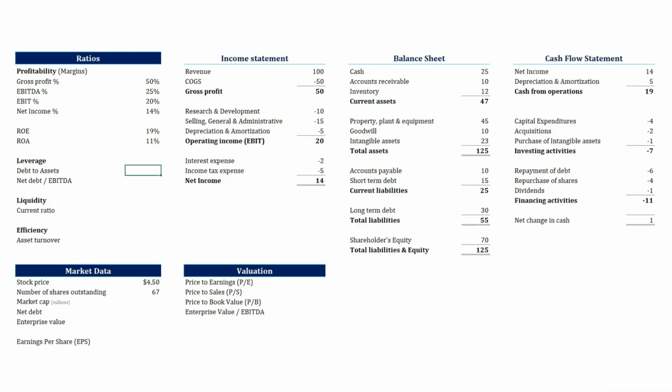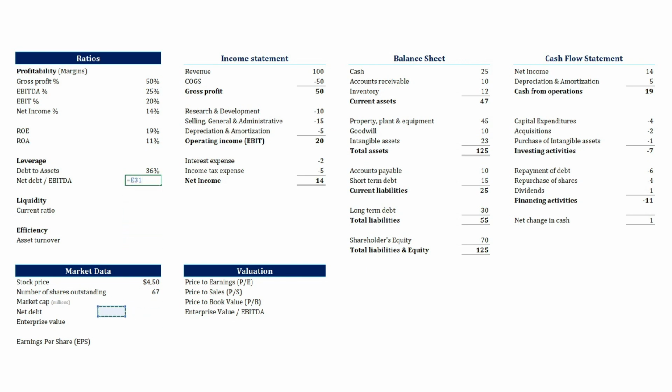To calculate the debt to assets ratio, we have to sum short and long-term debt. So we open bracket and we add short-term debt plus long-term debt, close bracket, and then divided by total assets. To calculate the net debt to EBITDA ratio and avoid making a formula too long, we